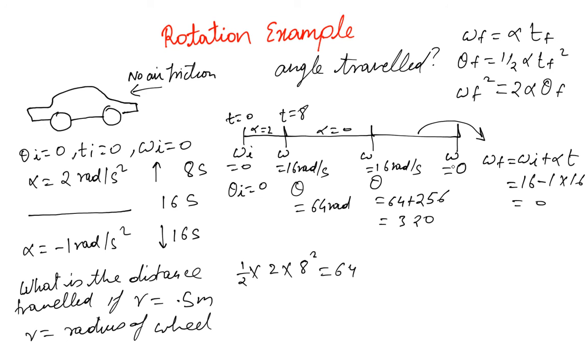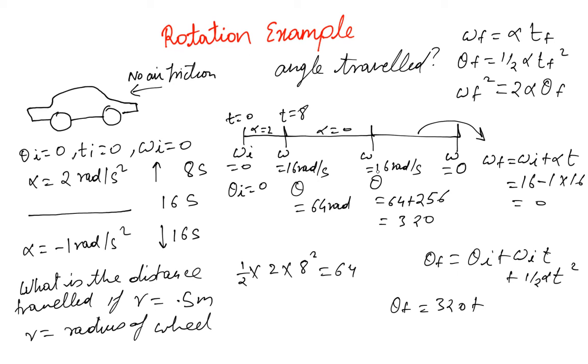Okay, let's talk about this. Now in this section of the journey, we know that there is a deceleration, so we can use the formula that theta f equals omega I t minus half alpha, let's keep this plus half alpha t square. This is the kinematic equation. We can also add theta I to it, just to write the complete equation, theta f equals theta I plus omega I t plus half alpha t squared. I'm writing different equations because I'm doing things in my head sometimes, but the moral of the story is that all I'm doing is just using those 3 equations and applying them on different sections. So theta f is going to be, what is theta I? It is 320,